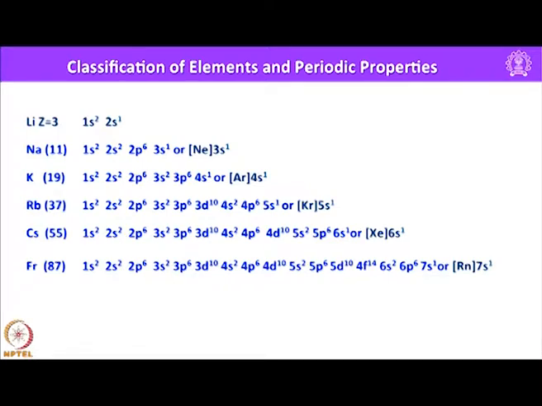For example, for sodium, atomic number 11, one can write 1s2, 2s2, 2p6, 3s1, or one can simply write [Ne] 3s1. The same method can be followed in all cases. For simplicity, one can use the last option of just including the electronic configuration of the previous inert gas for the inner electrons, and just in front of them write only the valence electron. That is much simpler and does not occupy more space while writing.